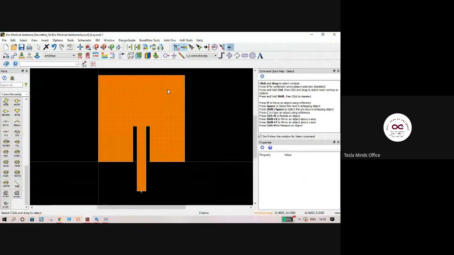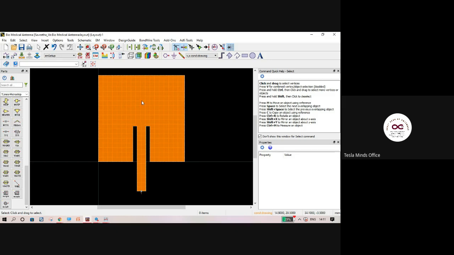So after the fabrication, you can go and get your antenna, then solder the connector on the antenna, and quickly test your antenna using either a network analyzer or a spectrum analyzer. So you test that and characterize your antenna.